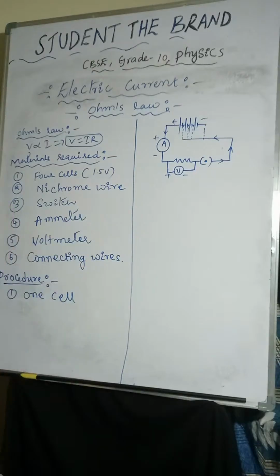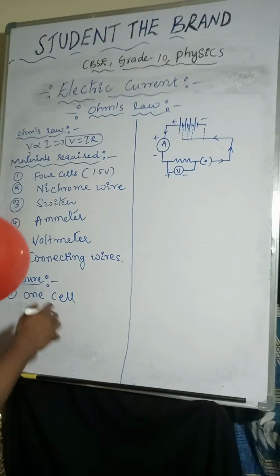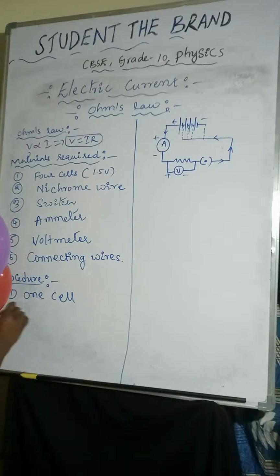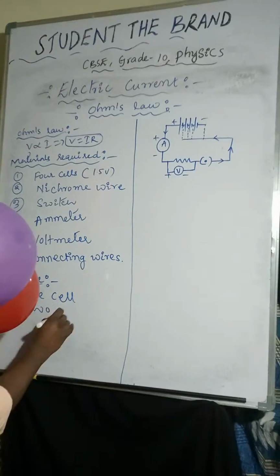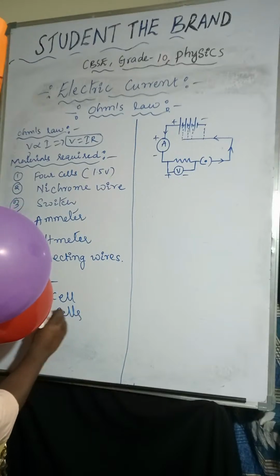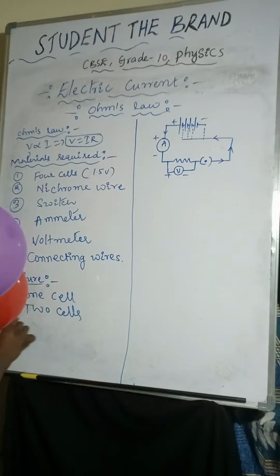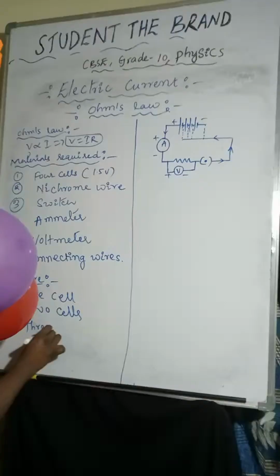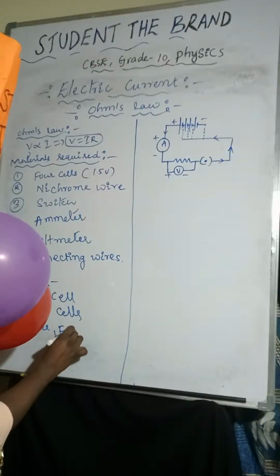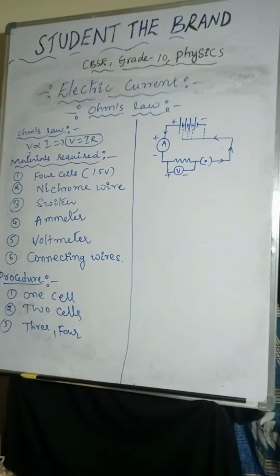First connect one cell and note down the reading of ammeter and voltmeter, and connect two cells and note down the reading of ammeter and voltmeter. Okay, so Ohm's law at constant temperature, the potential difference